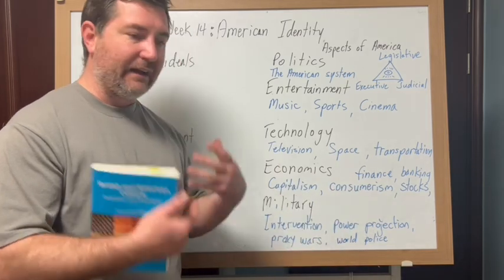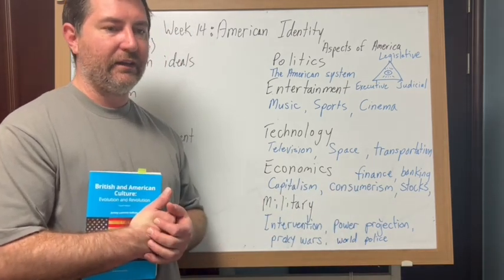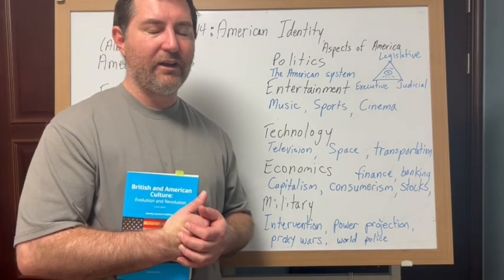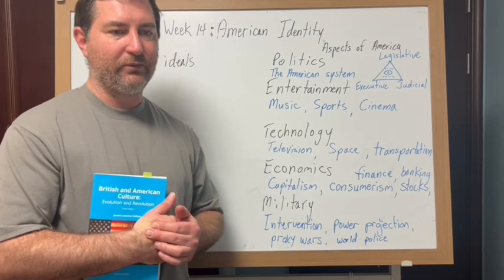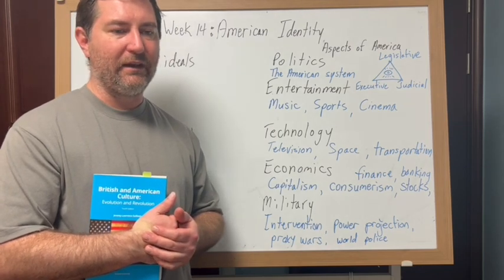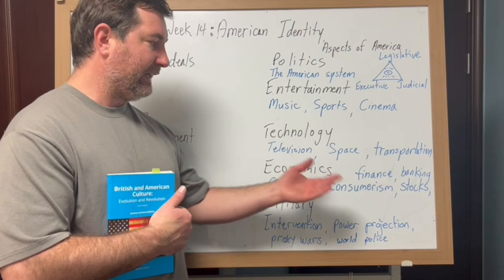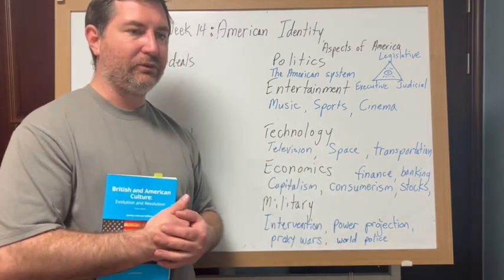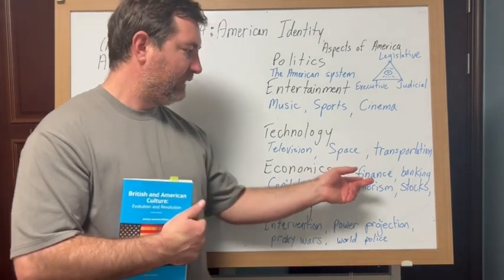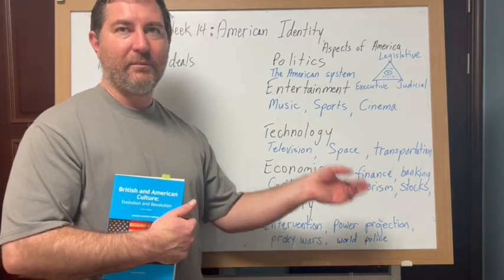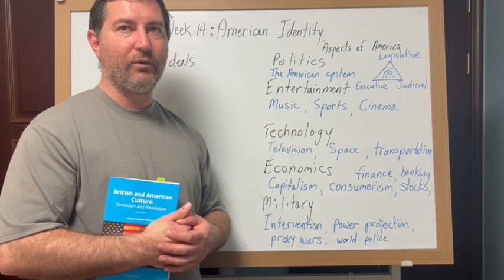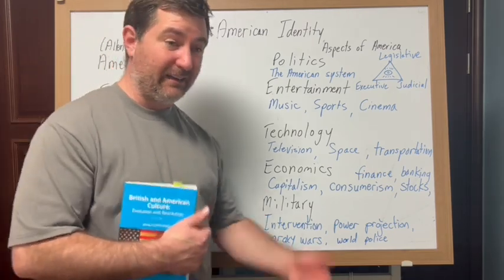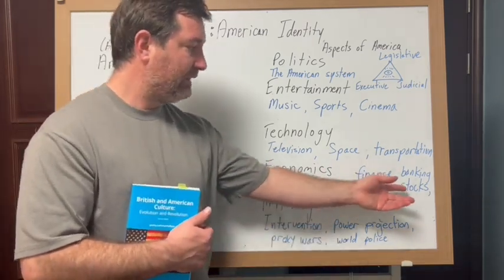Some of that is based on the fact that the demand for products, even when American exports slow down, their economy doesn't depend on exports because they consume so much themselves. That's one thing that insulates their economy from the global shocks that everybody else deals with. Usually, when the American economy slows down, the rest of the world's economies slow down because of the ripple effect. But the American economy can keep going almost independently.